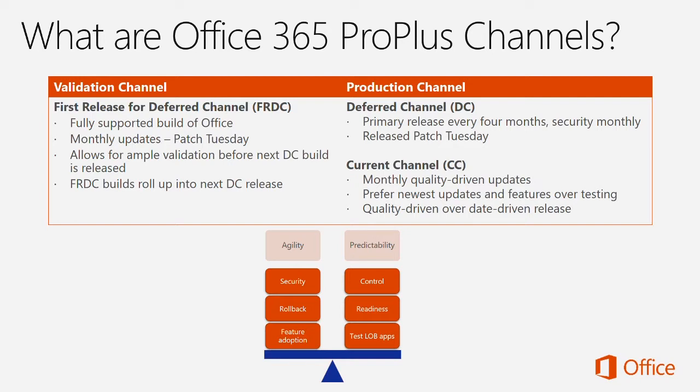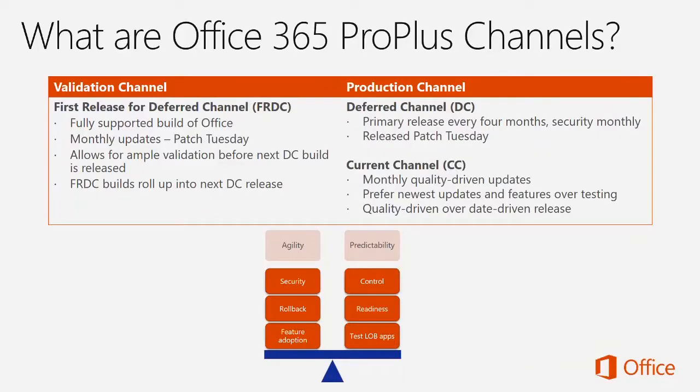So what we try to do is really build in, how do we meet both of those needs and keep one code base and keep things coherent so we have a supportable matrix for Microsoft and we give the best experience to our customers. So what we did is we came up with this current channel for the customers that want current features, and then this deferred channel. So it's really this agility and predictability that we have in the environment that we're trying to solve, both of those problems at the same time. There's still work going on to make sure that that is completely smooth.